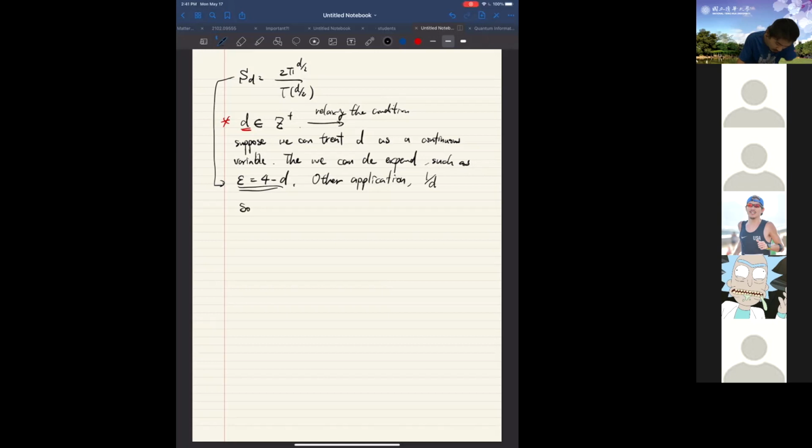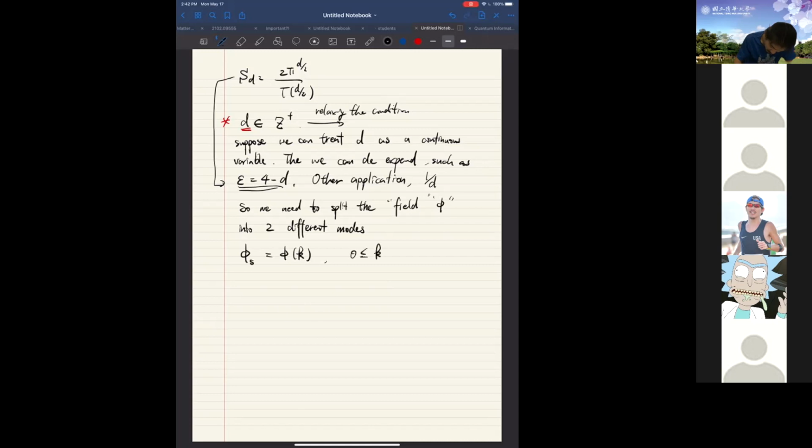So we need to split the field into two different modes. So let's suppose there's a slow mode, which we denote as a quantum field phi labeled by k, but